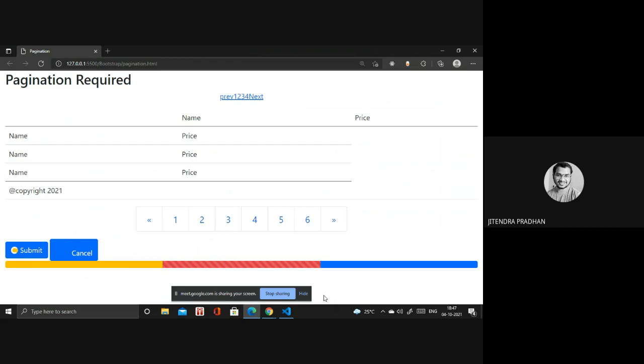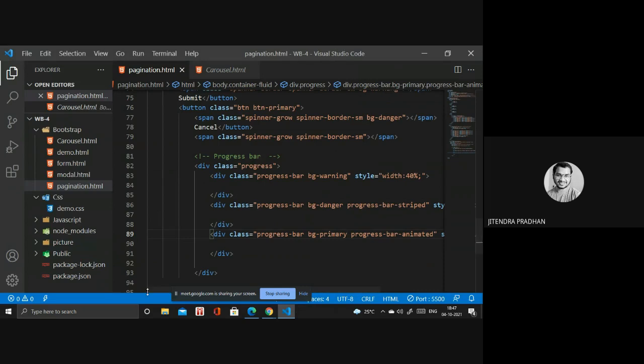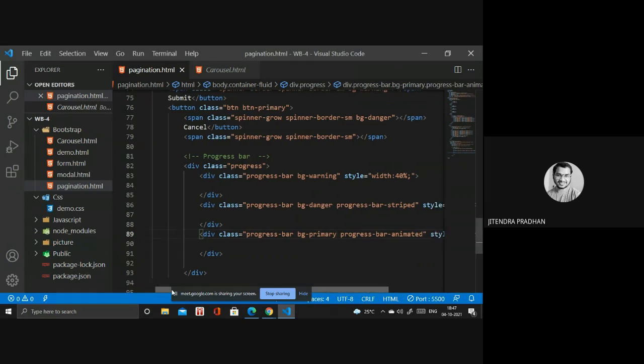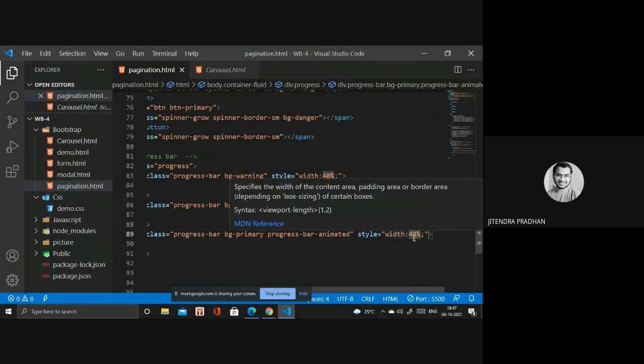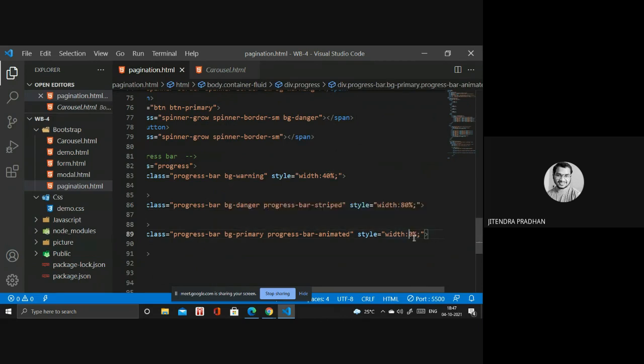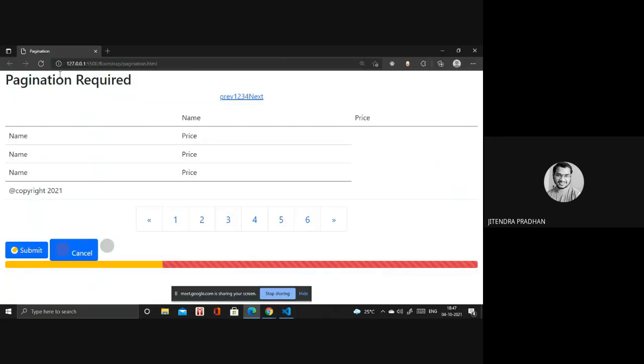If you want to write something like 20% or 30%, then you have to design the style as well. You have to write something like 80%, and if you require, something like 50%. Okay, it takes the whole part.